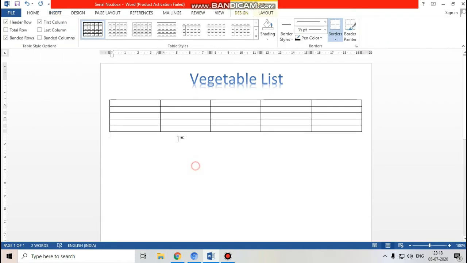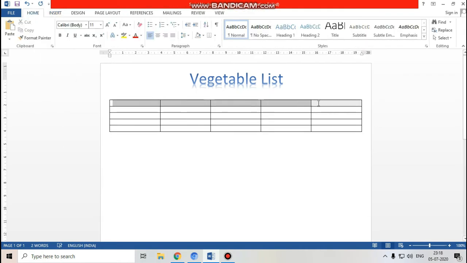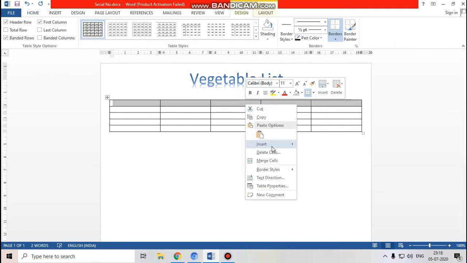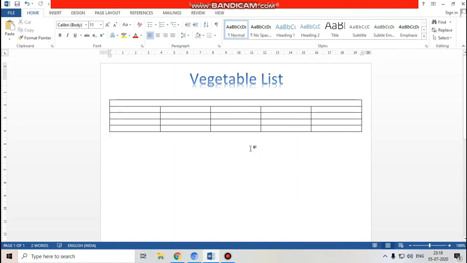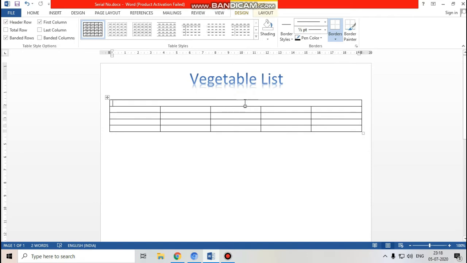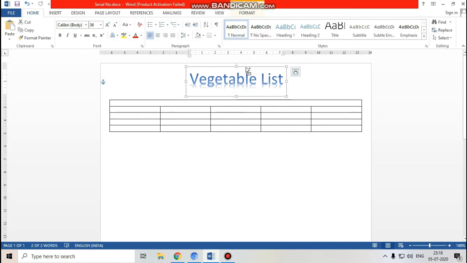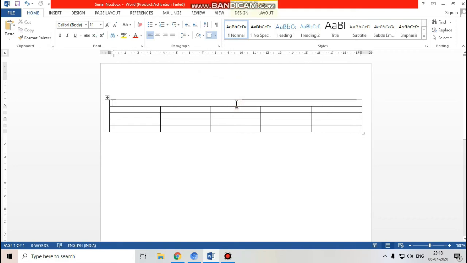These are very important. First, select all cells, right click, merge cells. Merge means you are just combining two or more cells together and making them one. So the merge tool is an important option. Here you can give the name. I don't want this name here, so I will just put this name here.